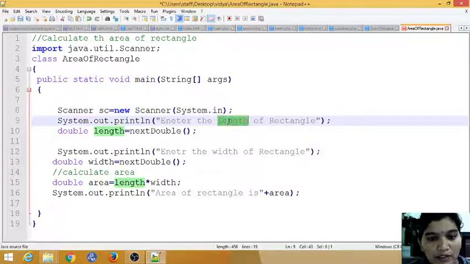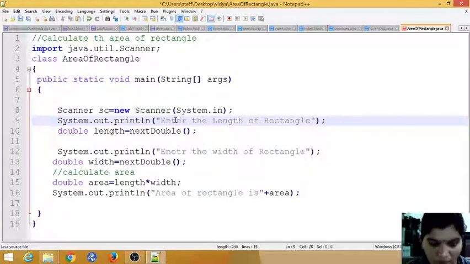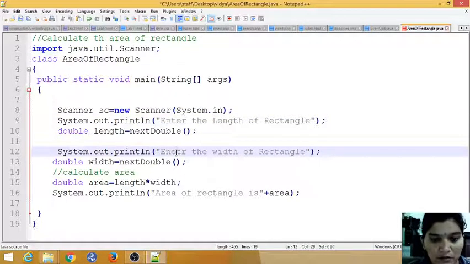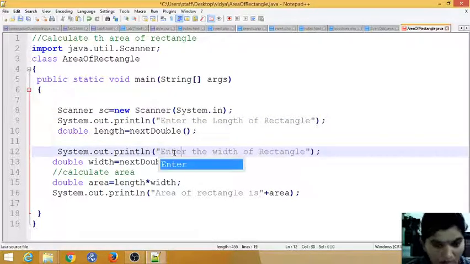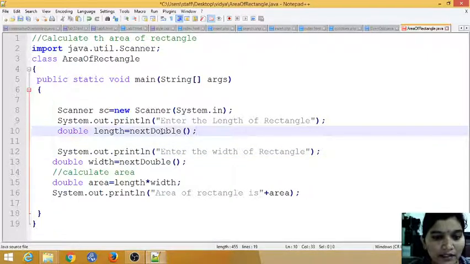The user needs to enter the length, so I specify a statement: enter a length. Here I read the length as a double, because it may not be an integer and can't be treated like an integer. So you are not giving integer type data; it's better to use double here. I am storing it in a double variable called length.